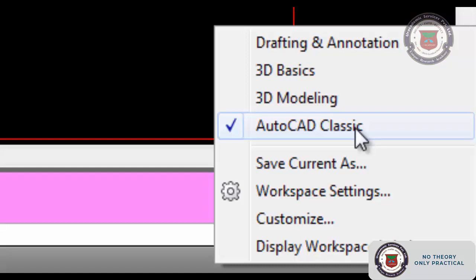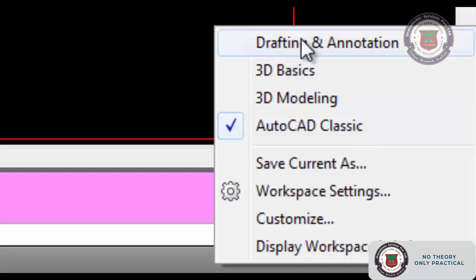AutoCAD Classic is the workspace for using both AutoCAD 2D as well as AutoCAD 3D. If you do drafting in 2D, you can select Drafting and Annotation.